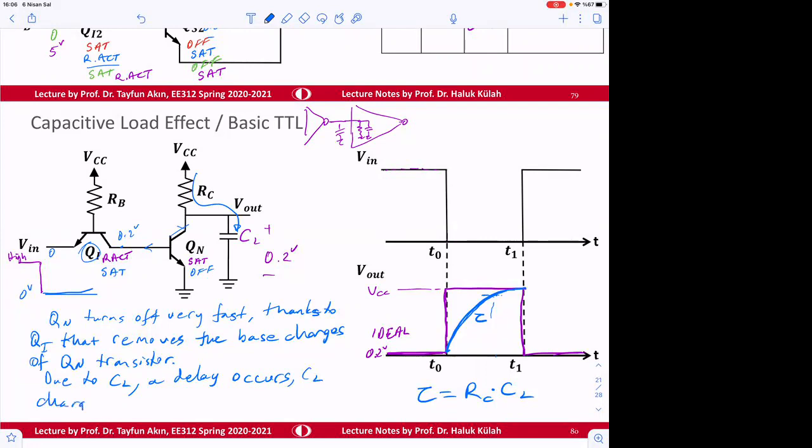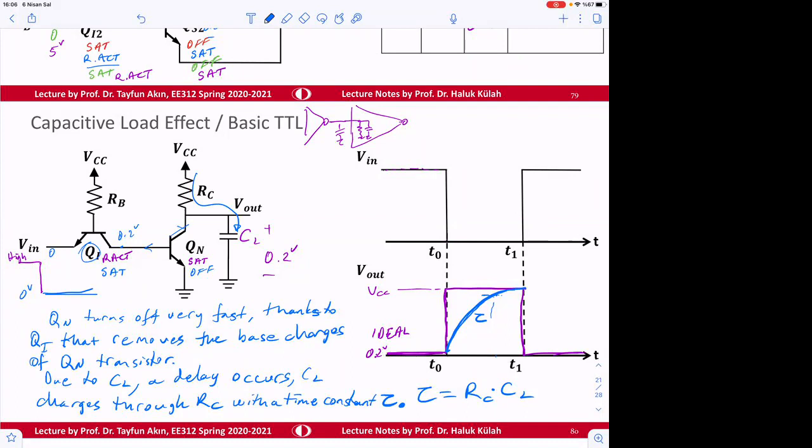Delay occurs, and then CL charges through RC with a time constant tau. Okay, so